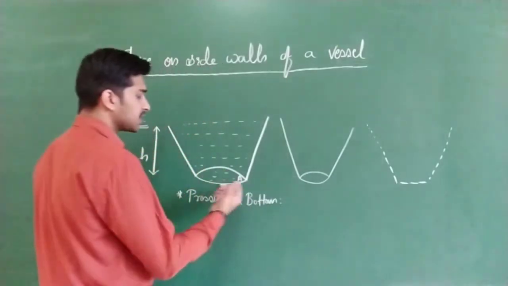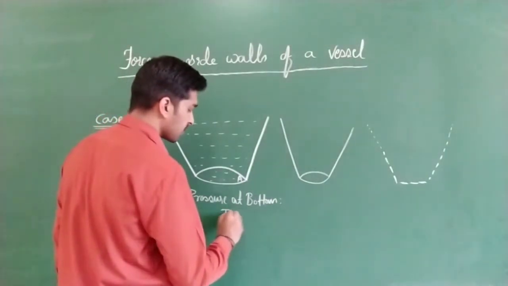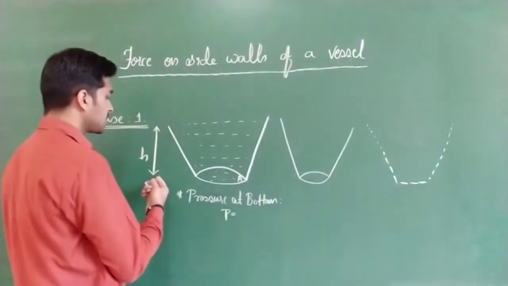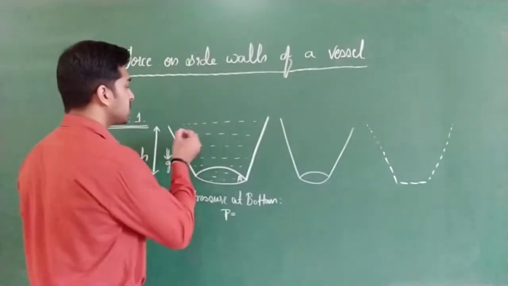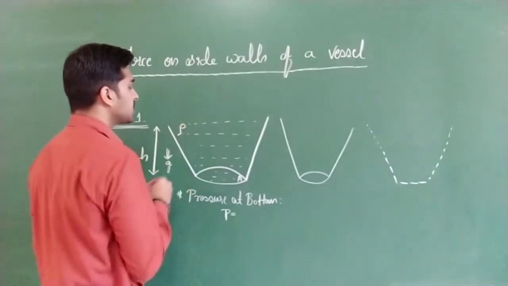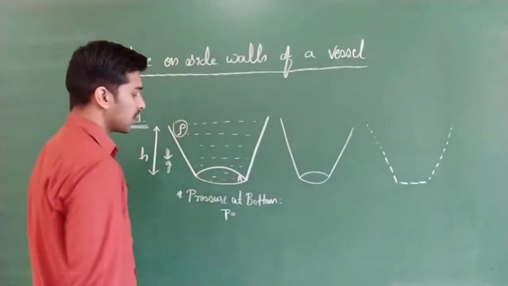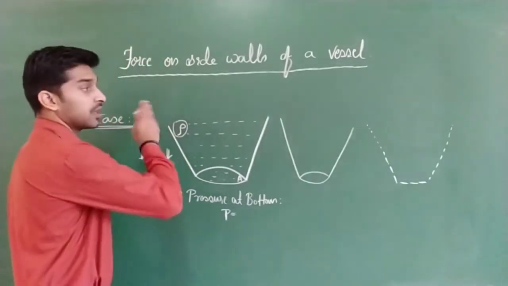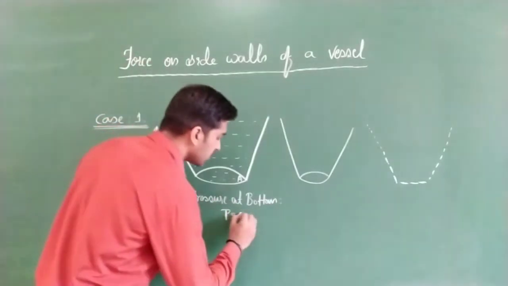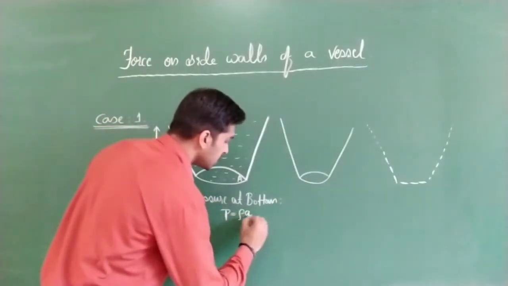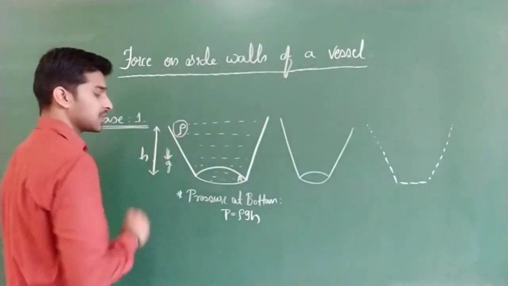So what will be the pressure at the bottom face completely? Can you write? P is equal to. So this distance is h, acceleration due to gravity is in this direction, g. Density of the liquid, let us consider it is rho. So what will be the pressure? In the absence of atmospheric pressure we are talking. So what can I write? P is equal to rho g h. Correct now? Rho g h.